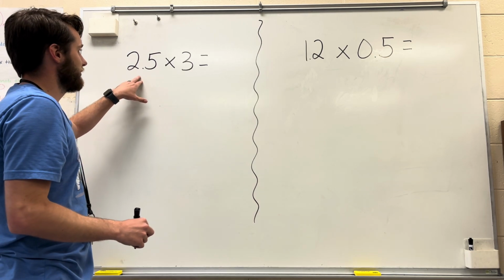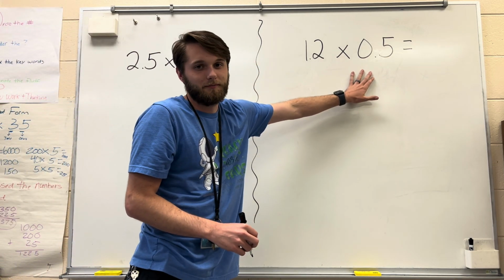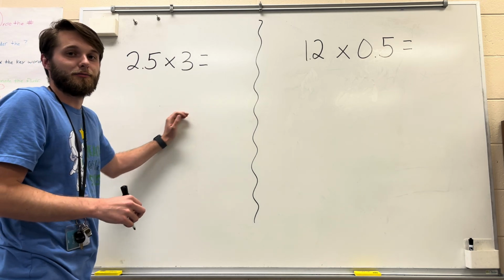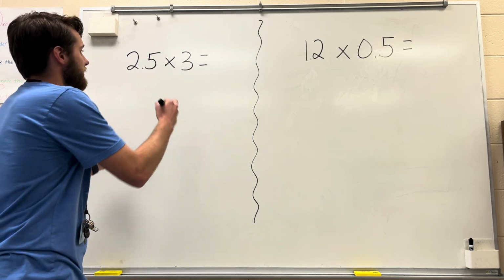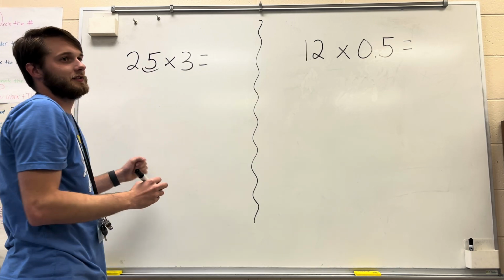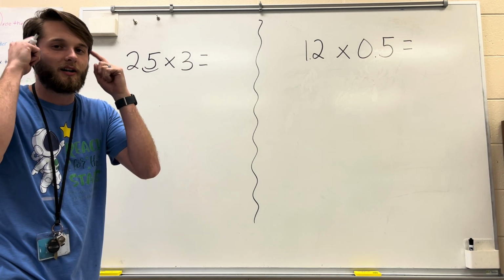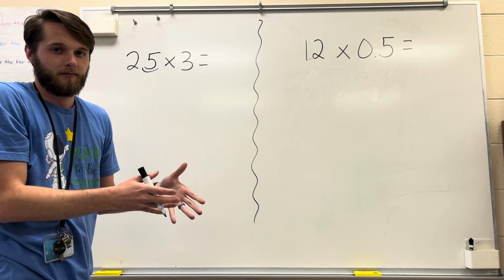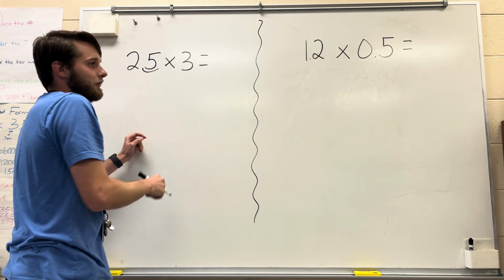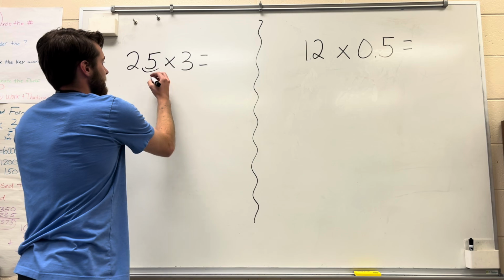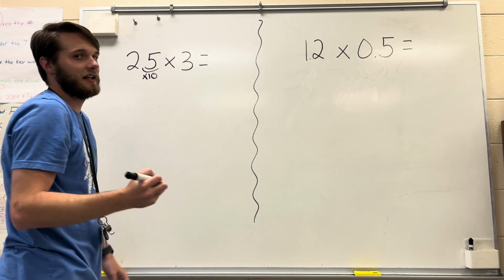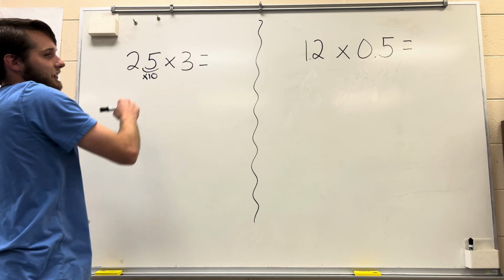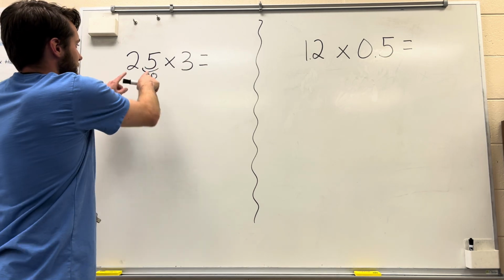Okay, when it comes to actually multiplying a decimal problem, I know it might be kind of hard to show that number moving like that. So we're going to use this. It's going to look like the decimal's moving, but we know in our heads that the decimal never moves. It's actually the number. Okay, so when we move this over, every single place value that we move is times 10. And I want you to make sure that you write that down. So when you move that decimal, make sure that you write times 10 underneath that little swoop right there. Now, this is going to turn into